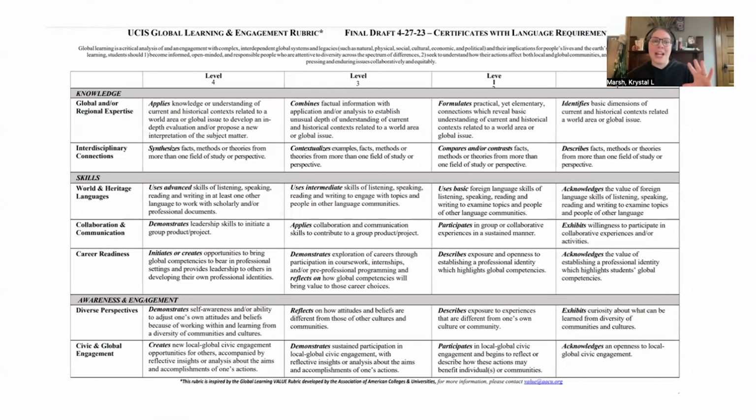What I'm going to do now is go over each individual knowledge base that we will be assessing in your ePortfolio so you have a better sense of what we're looking for and what you should pay attention to when you're creating your own ePortfolio. I'll say off the top here that a lot of these knowledges will seem really abstract, but there's a number of ways for you to address